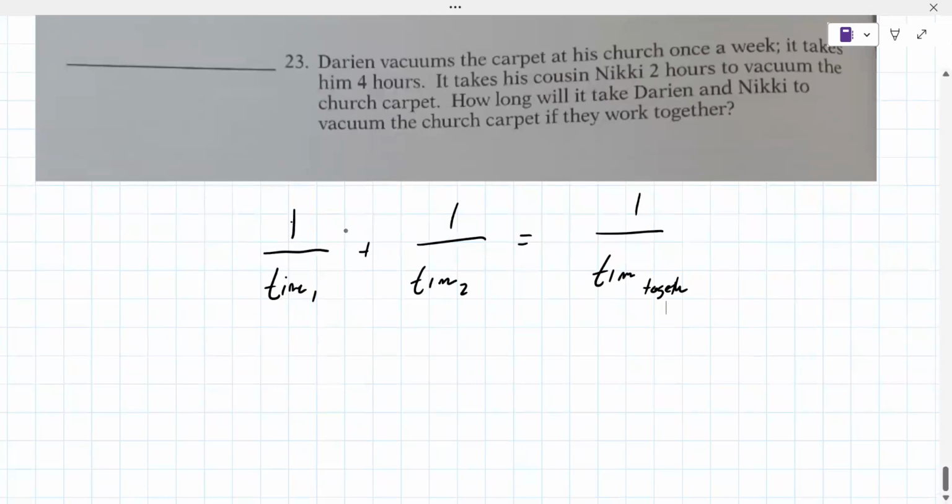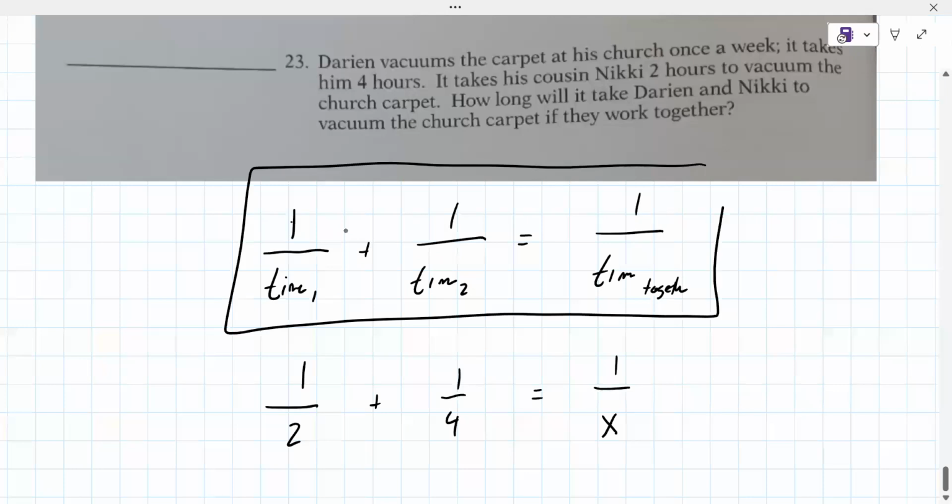Okay, so how does that fit into this problem? 1 over 2 plus 1 over 4 equals 1 over... This thing that I wrote down, it's a known equation. It's a shortcut. I like it. It does only apply to this type of problem, but